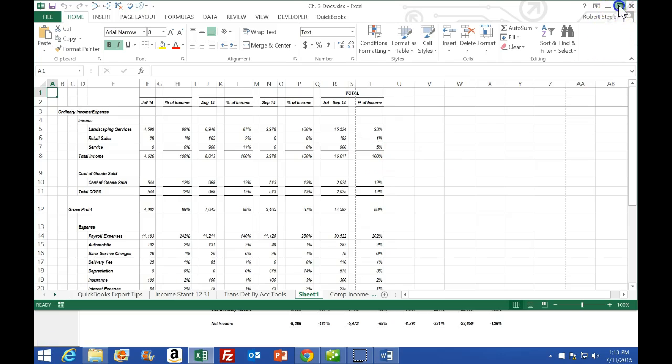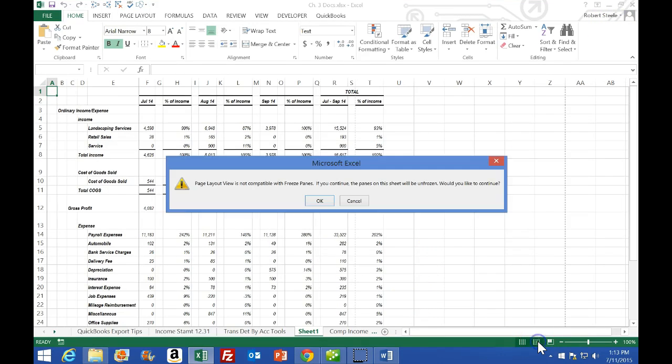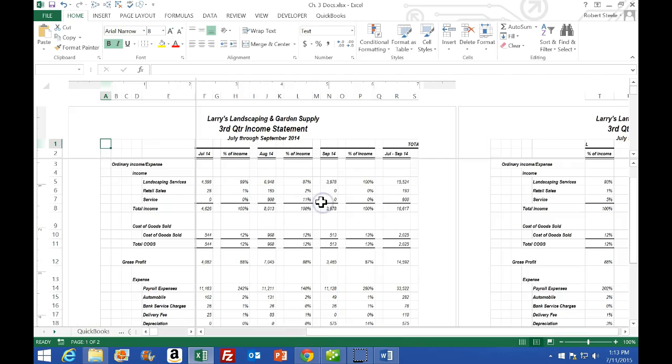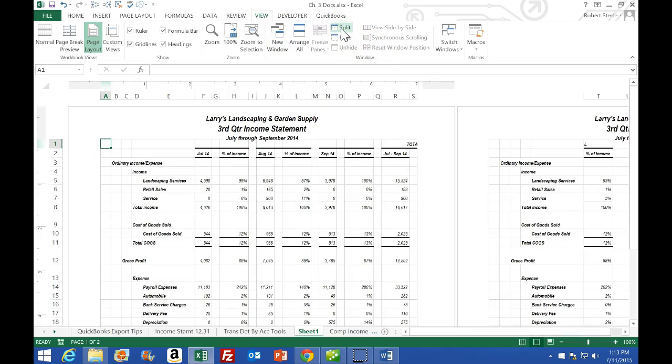So here we have it. I'm going to make this large. I'm going to go over here to the View tab. I'm going to go to the Page Layout view so I can see the header. I'm going to select OK on that. Then I'm going to go to the View tab up here. We're going to go to the Windows group. I'm going to unsplit that weird split thing so that I can then see the tab and double click on